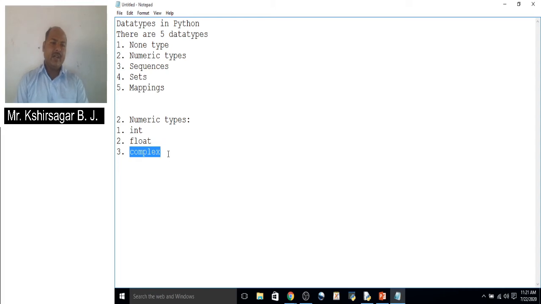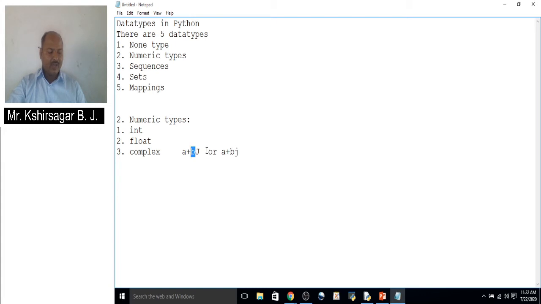The third numeric type is complex. A complex number is a number written in the form a plus bj. Here a represents the real part, and b represents the imaginary part.